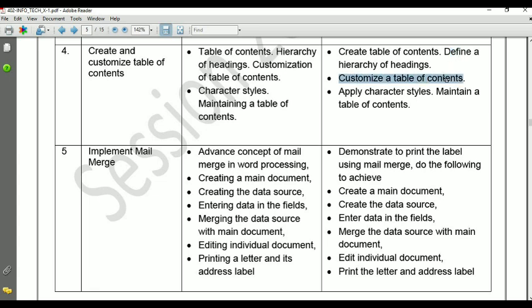Then customize a table of content entries we have discussed. And character style, in character style you can change the font size, font style, font color, background color like this. And maintain a table of content. In maintain a table of content, there are 3 options which come: one is edit, second is update, and third one is thank you.